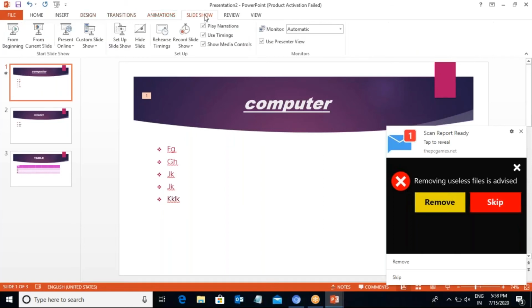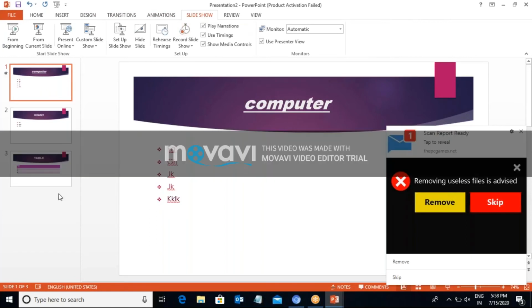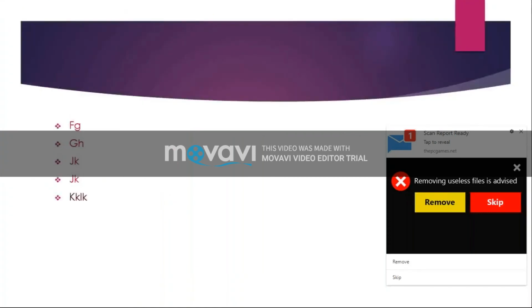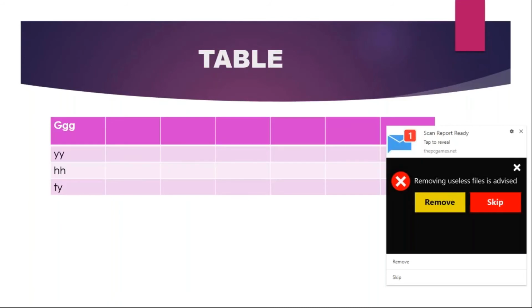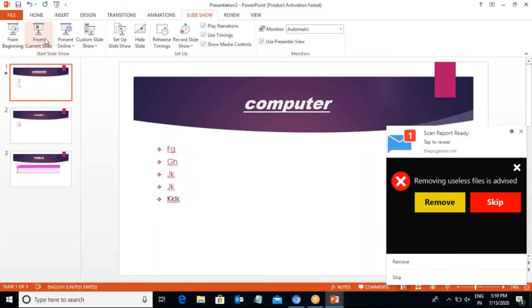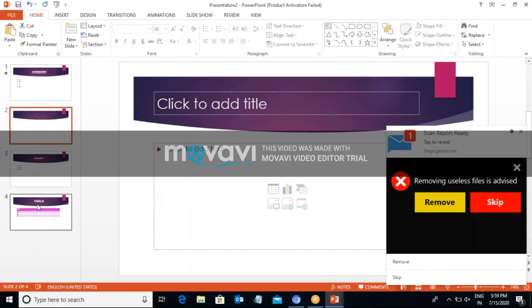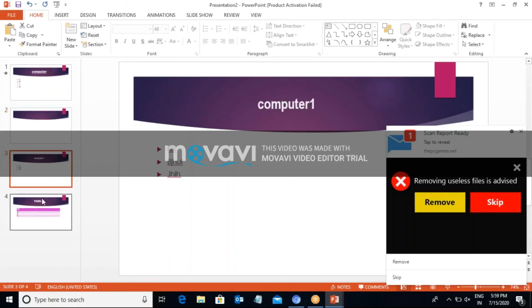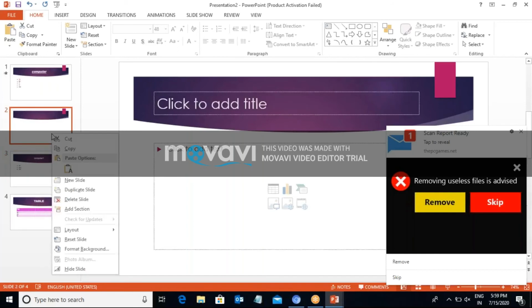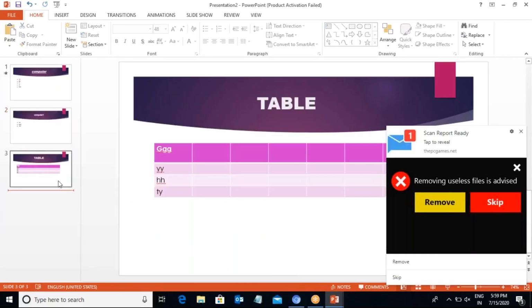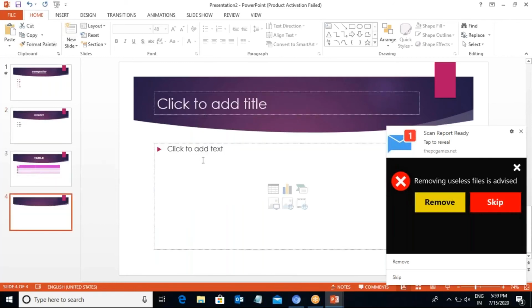After that, we go to Slideshow and your slides will be shown. We click on From Beginning and see that your slides are shown. If we want to create a new slide, again we go to the Home page and create a new slide.